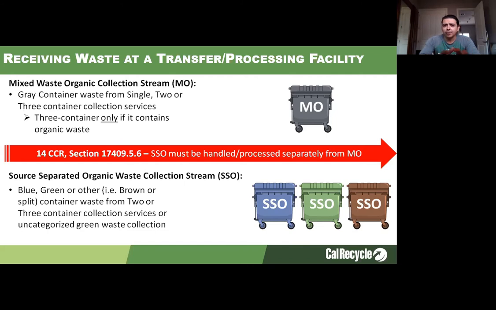And then also within those collection requirements, at least in the future, you might start seeing different colored containers, such as a brown container, which might be for food waste. You also might see split containers, so a green waste bin that also has a split system where food waste might be allowed. Jurisdictions might start allowing these types of containers as well, and all of that would fall under the source separated collection stream. And one of the requirements that we really wanted to make sure was very important for you guys